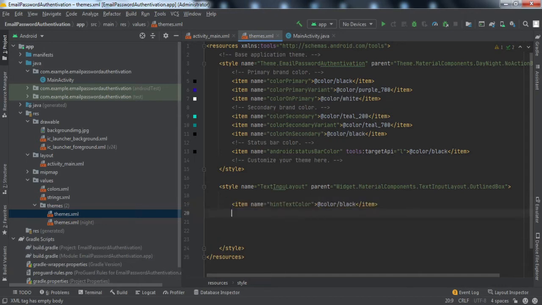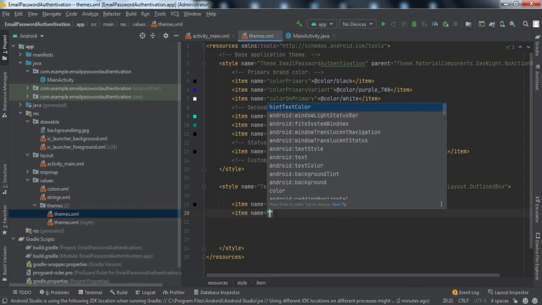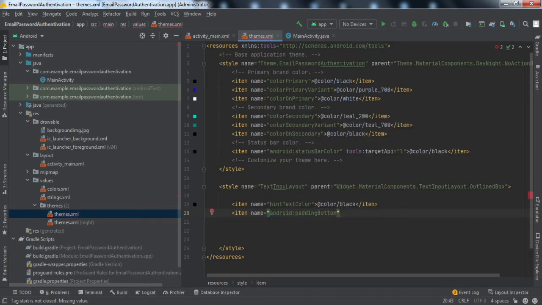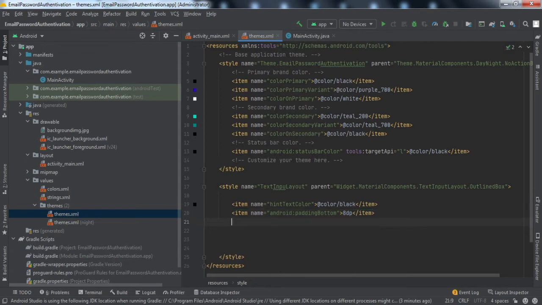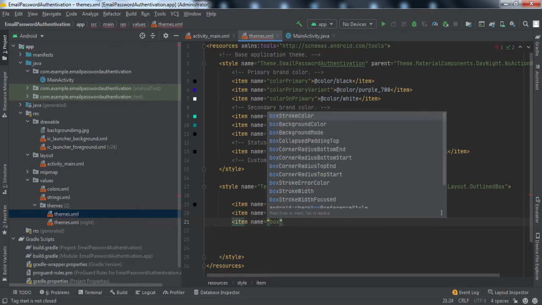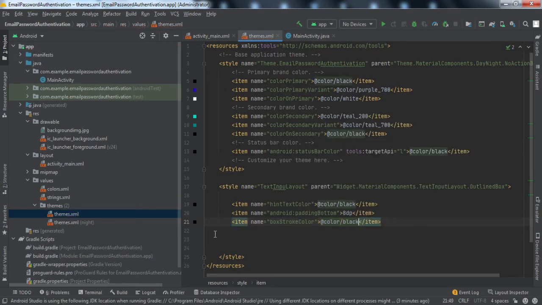We're setting this style for the text input layout that we're using in our activity, right? Okay, we are done with the style.